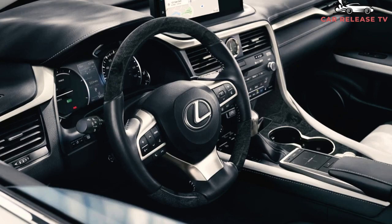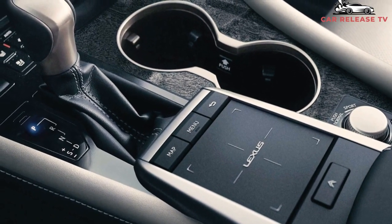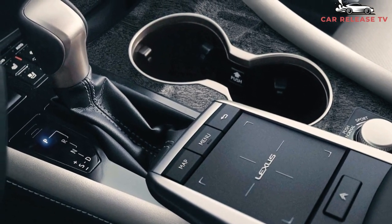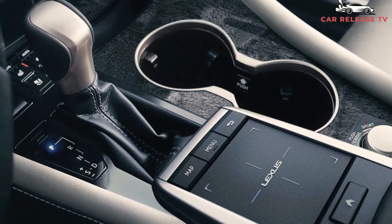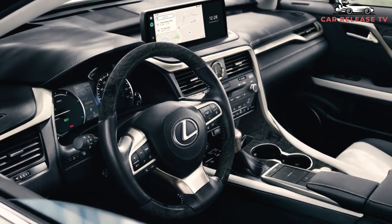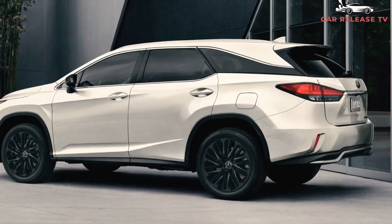The black theme continues inside with black open pore wood trim, black NuLuxe seats, and light gray contrasting stitching throughout the interior on the seats, the steering wheel, the upper instrument panel, the center console, and the shift boot. Lexus is including all the trappings of its Premium package on the Black Line models, which includes its memory system and more. The Black Line trim is a visual upgrade only, allowing the crossover to offer a bit of variety